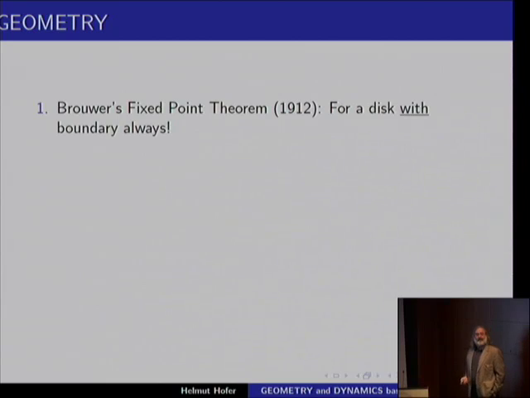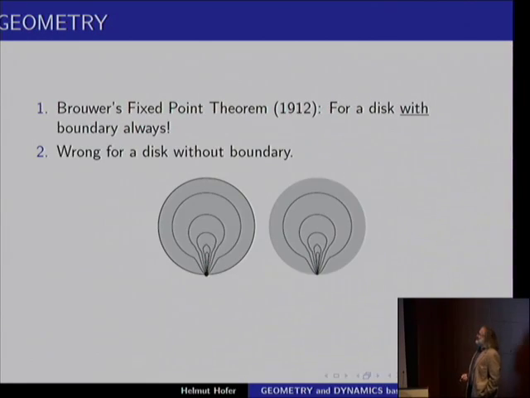So now, what turns out is really important is that there is a boundary, and you shouldn't maybe look, if you're a mathematician, you're allowed to look at this picture, otherwise not. It might confuse you. It's wrong if you remove the boundary. So here, in the previous example, the system was described by all points with distance at most 1 from the origin. And now, suppose you have a physical system described by all points with distance less than 1. You can ask then the same question, is there a state fixed, generally?